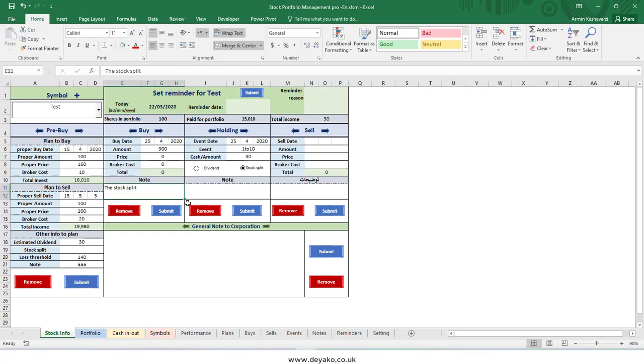So I submit that, and I will have added the amount of 1000 to the stock because of the stock split, and the total income still remains. And for example, after some date, I sell this stock, for example, on day 10 of month 5 of the year